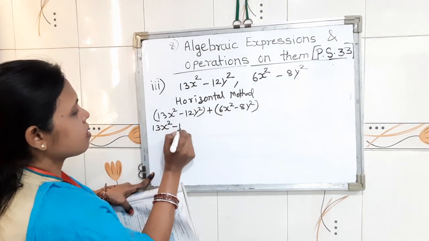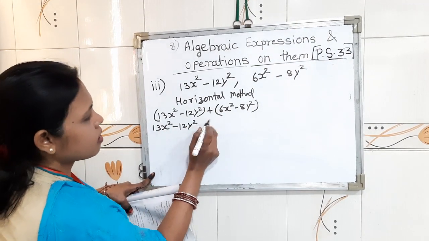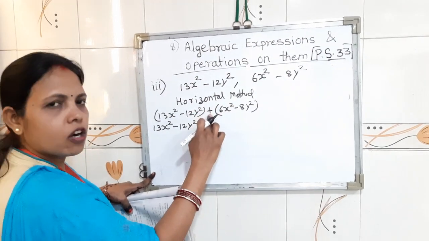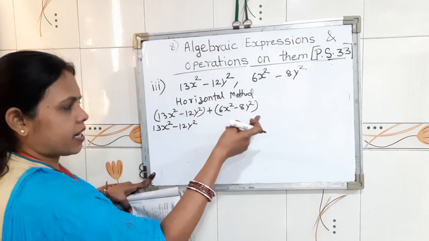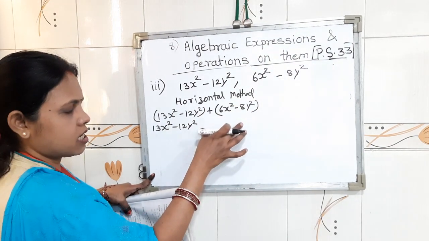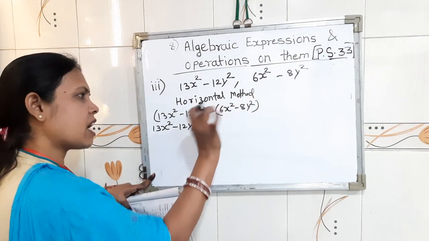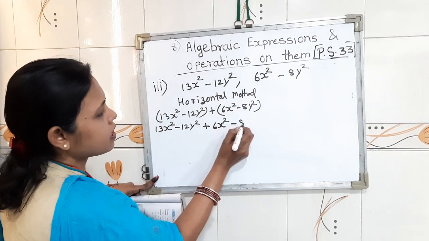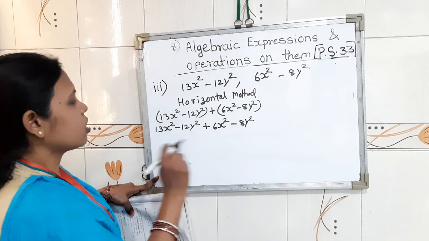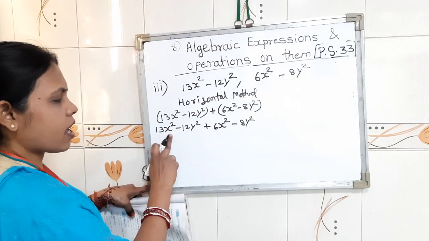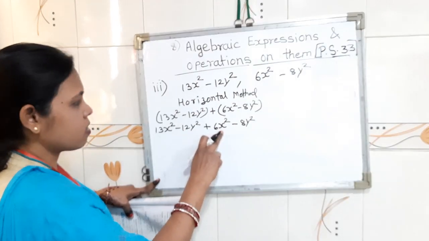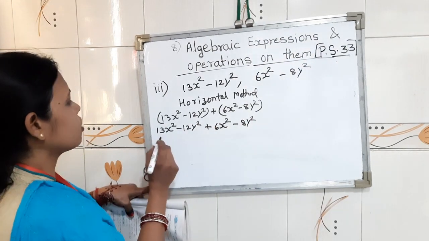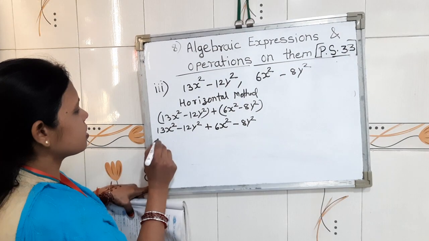13x square minus 12y square. Before this bracket, a plus sign is there. Therefore, after this bracket, whatever terms we are writing, all the terms will keep their own sign, for example 6x square minus 8y square. So children, here x square we will add with x square, and y square we will add or subtract with y square. So here 13 plus